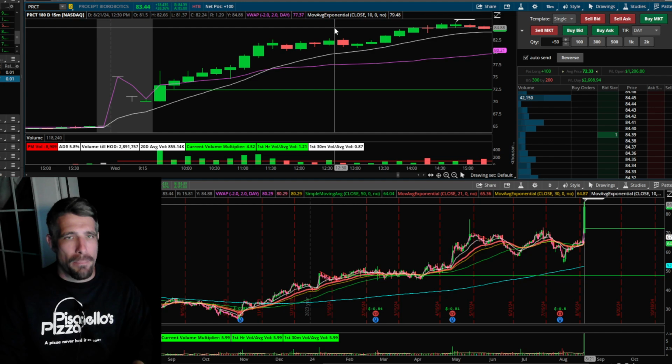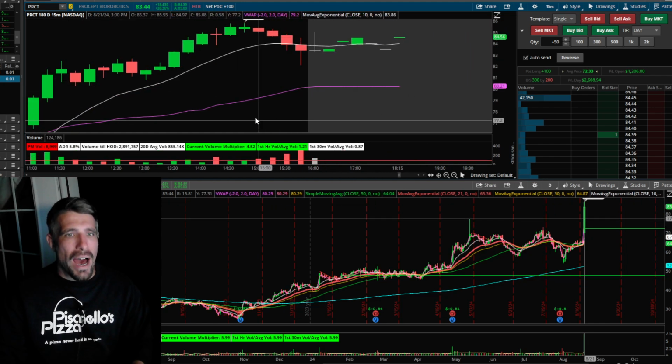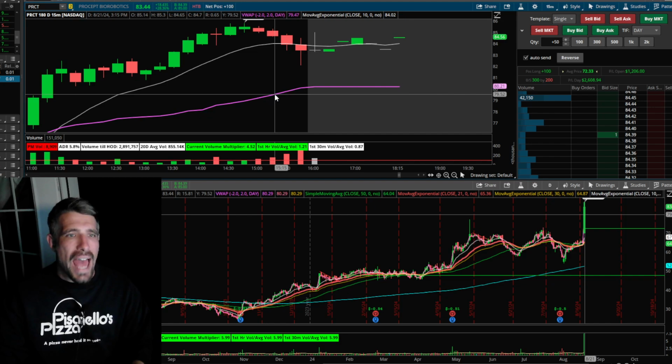But the higher they buy it away from VWAP, the higher the price is compared to the average price that